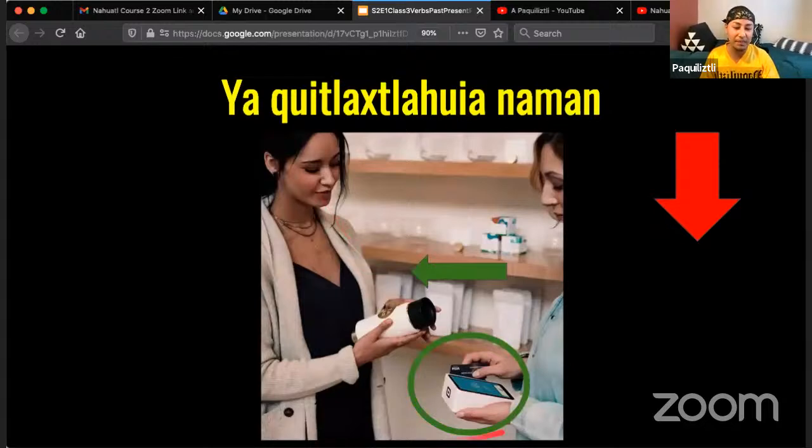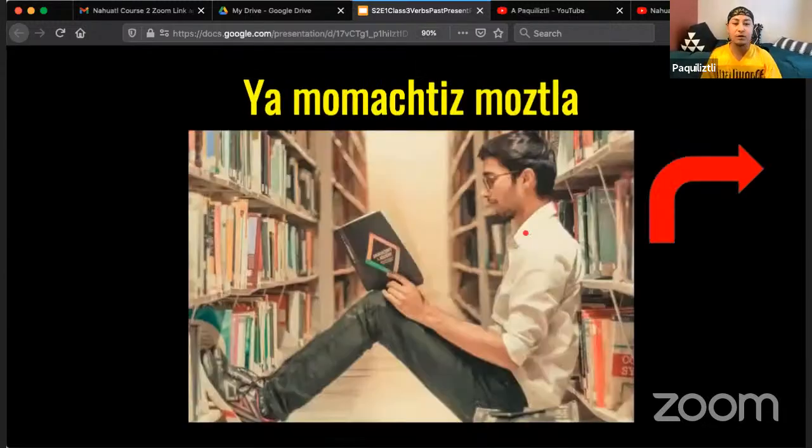Here it's focusing on this aspect, okay? This word tlaxtlawia is focusing on this action. Ya kitlaxtlawia naman. Okay? But if we talk about mostla,